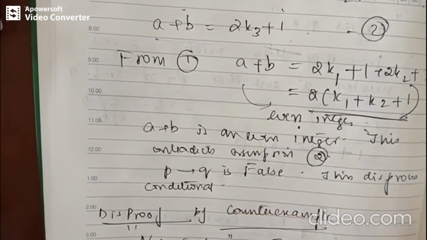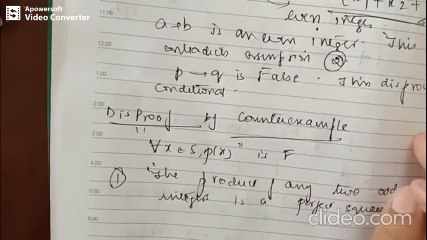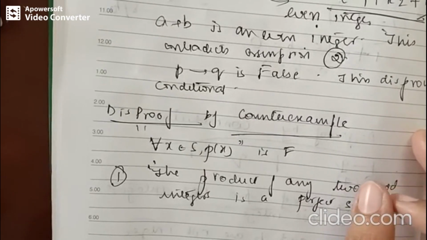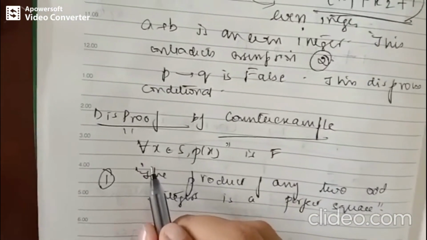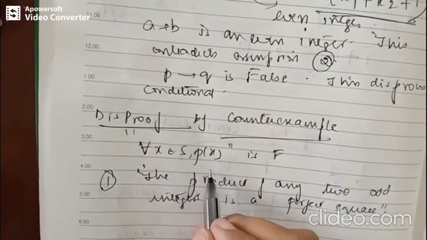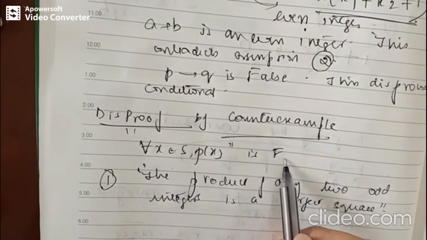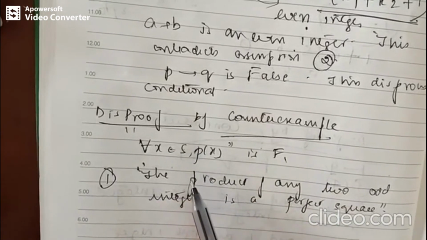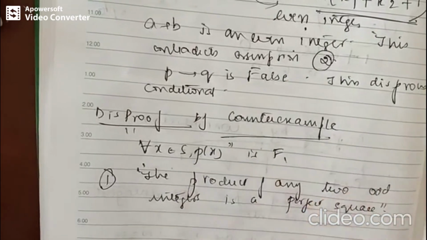Okay, next let's see disproof by counter example. What is disproof by counter example? We are going to take one particular element in the universe and disprove the conditional. If I want to disprove, for all x belonging to S, P of x, that is, if this has to be false, even if we show that one particular element in the universe is false, this entire statement is false. That is nothing but disproof by a counter example.